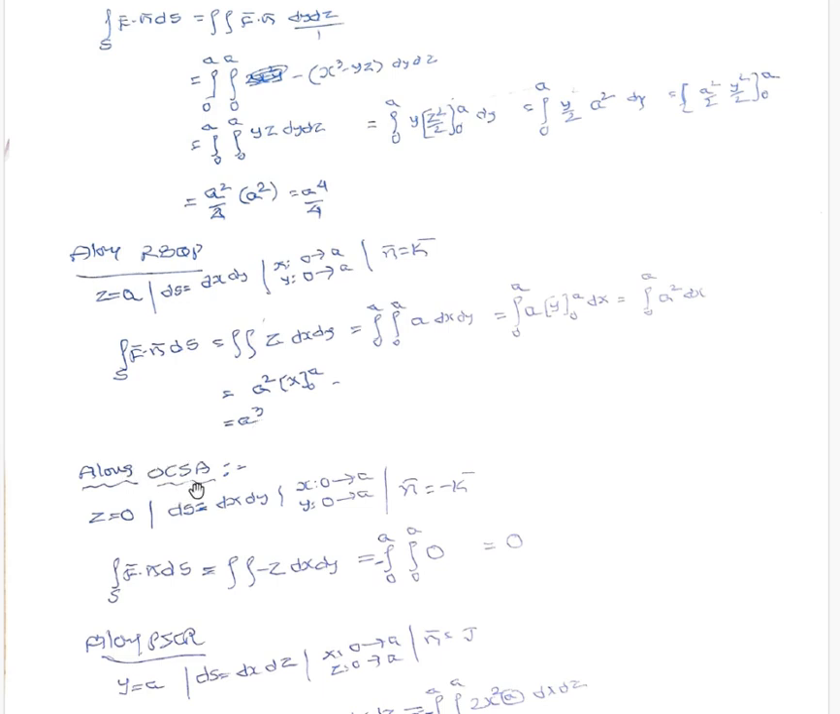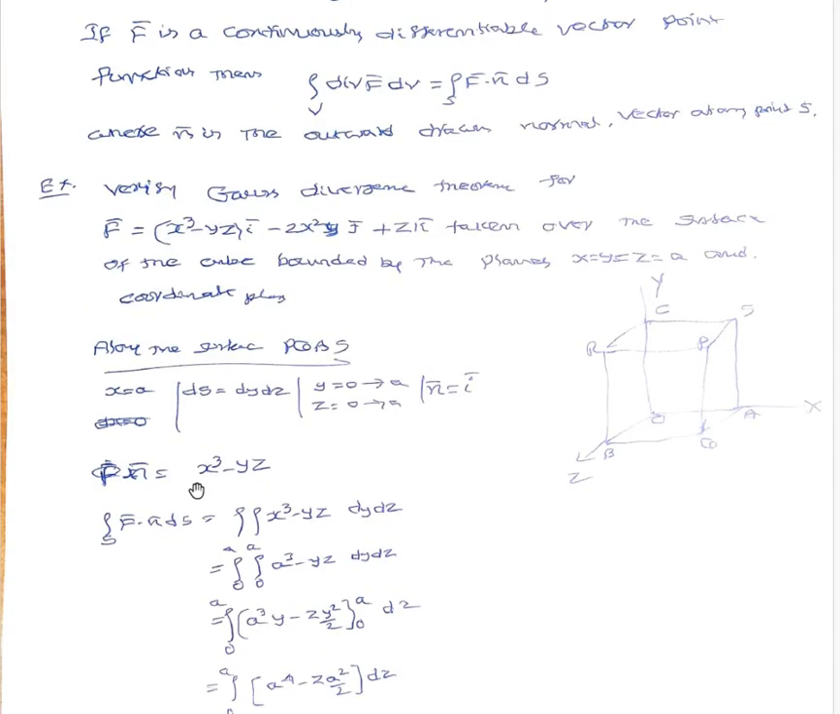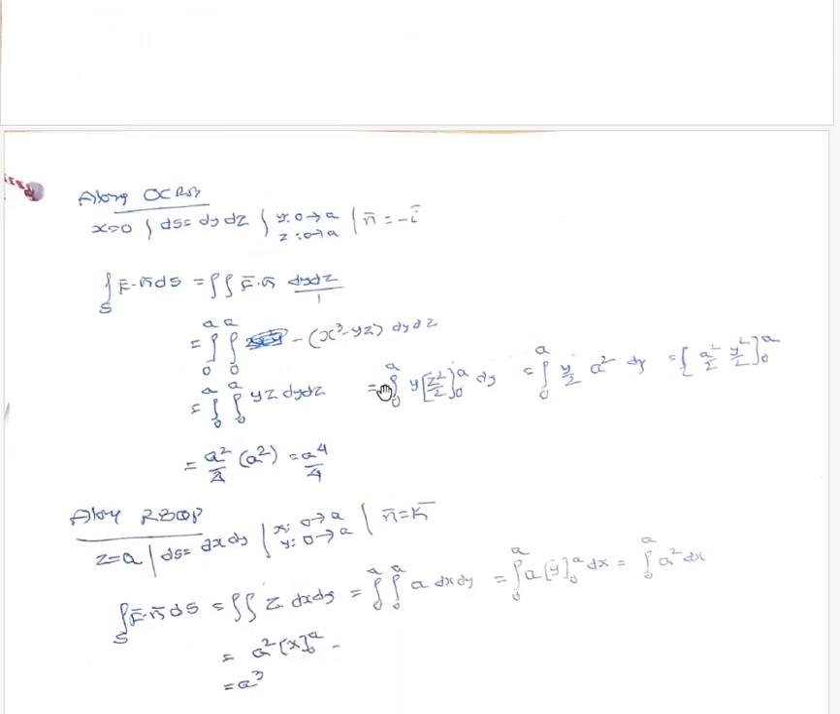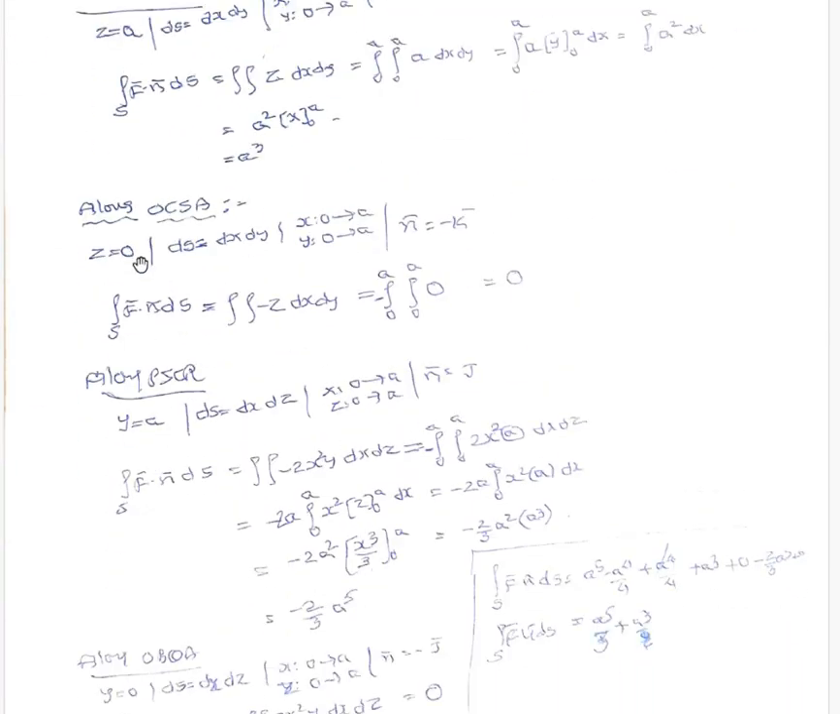Similarly, along OCSA. It is in the xy plane. xy plane means z is equal to 0. ds is equal to dx dy. x varies from 0 to a, y varies from 0 to a. n bar is equal to minus k bar. If you substitute and simplify, you will get 0. Next, along